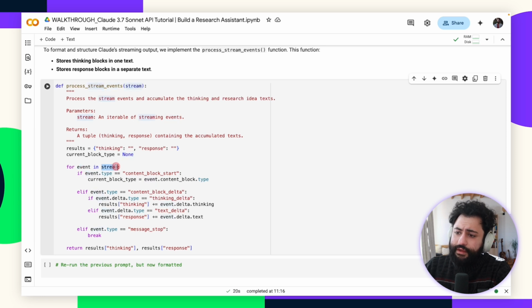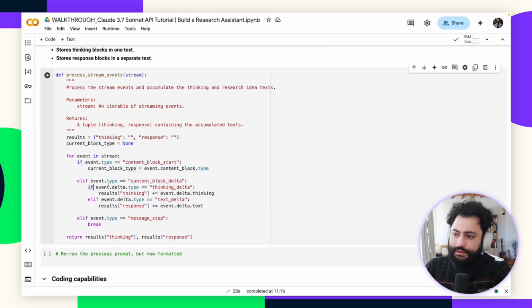And then for each event in stream, if the event type is content block start, then the content block type becomes this event. Else if it's a content block delta,